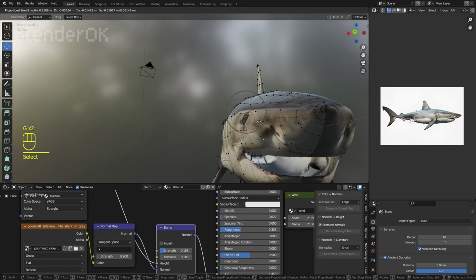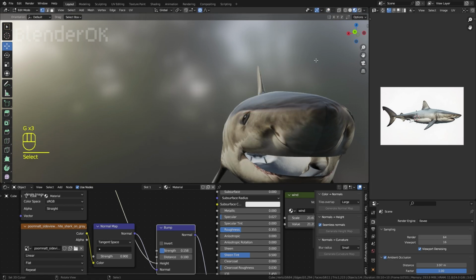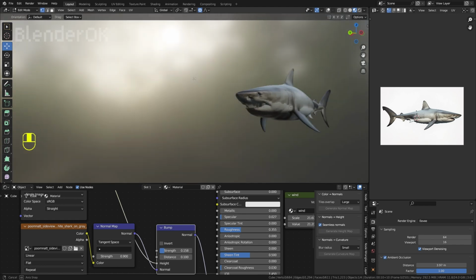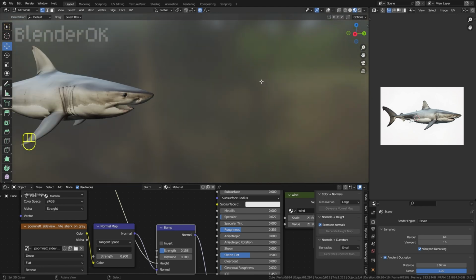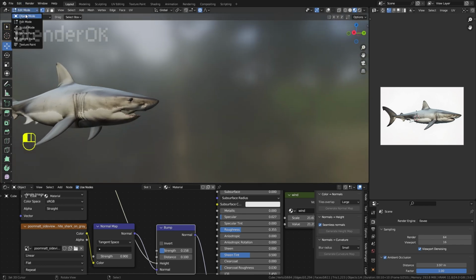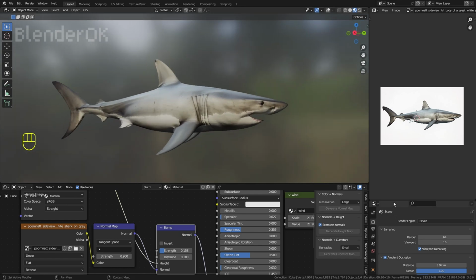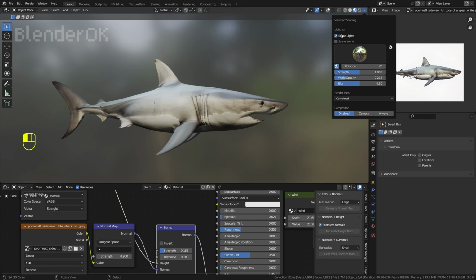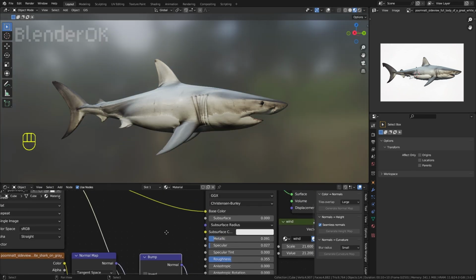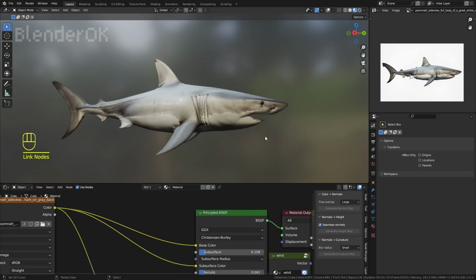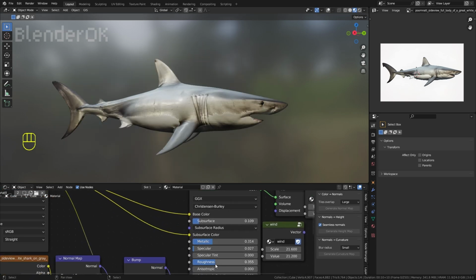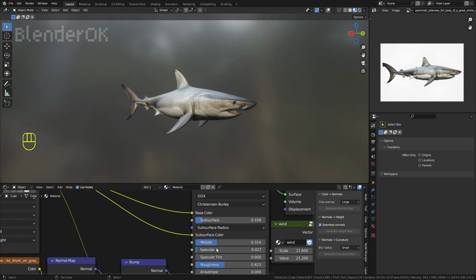Okay, so in this part I try to fix the face of the shark. As you can see, this is just 15 minutes of the video, and we already got a shark model, with the textures and all the details on the skin. This is pretty fast,